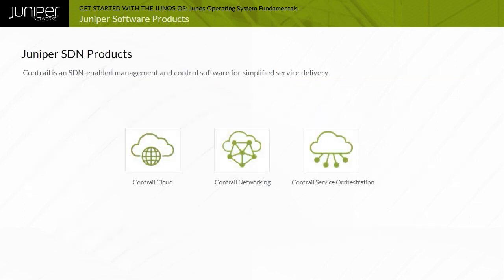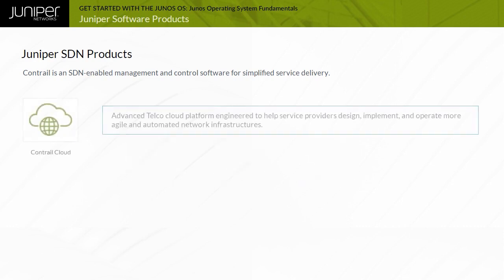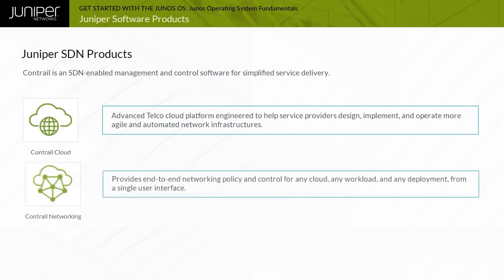Contrail is an SDN-enabled management and control software for simplified service delivery. Contrail offers intelligent networking, increased security, and advanced analytics, all with automation from multi-cloud and telco cloud. Contrail Cloud is an advanced telco cloud platform engineered to help service providers design, implement, and operate more agile and automated network infrastructures. Contrail Networking provides end-to-end networking policy and control for any cloud, any workload, and any deployment from